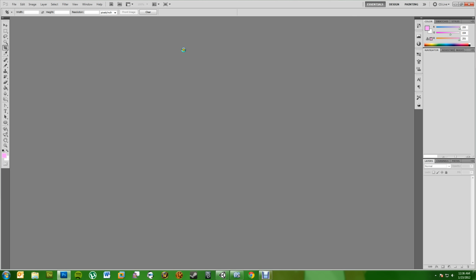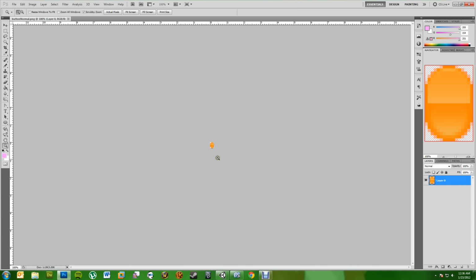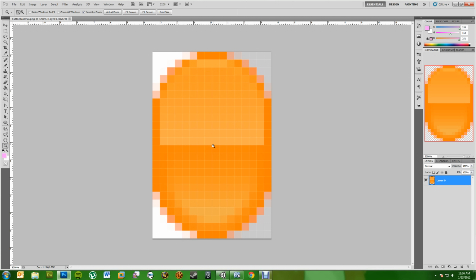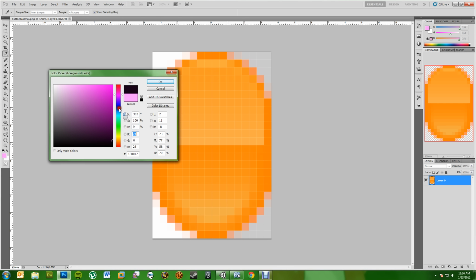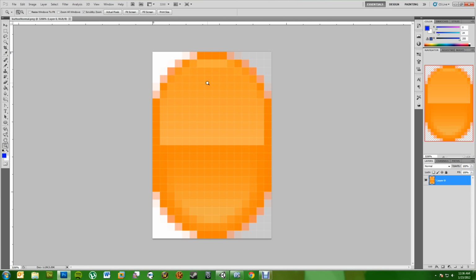Okay, so this is all that is, because all it does is just take what it has here and stretches it out. So say you want to change this over to a blue. You're like, I'm not liking the orange, but I like some blue. All you have to do is just go in there and